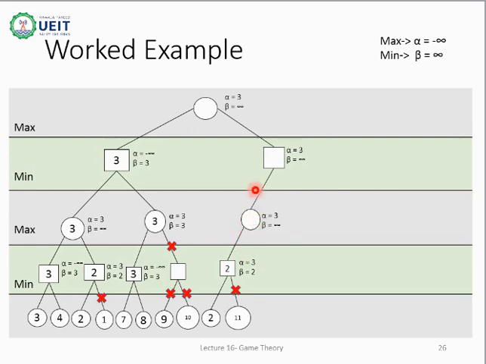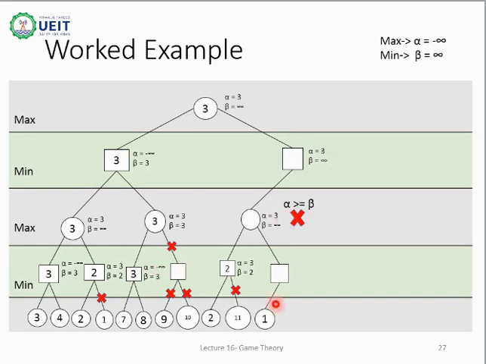Here at this level we have to choose the maximum value, as this level suggests. Thus the value of alpha will be changed, as alpha is associated with maximum, but notice that we will not assign 2 to alpha as alpha already has a greater number, 3. We will not assign this 2 to this alpha as alpha already has a greater value. Again the condition check will be performed as 3 is less than infinity. Thus the condition is not satisfied, and we will explore the right side of the tree.